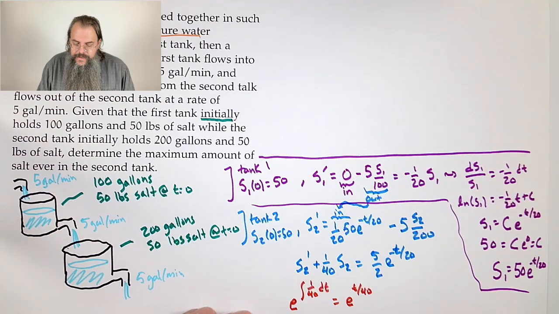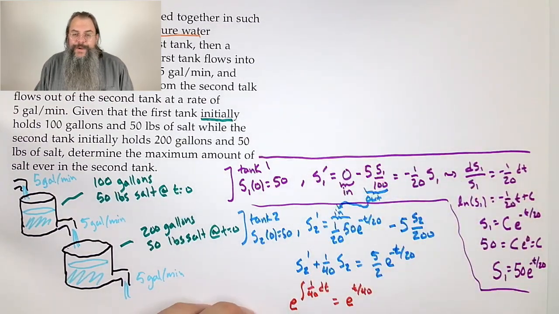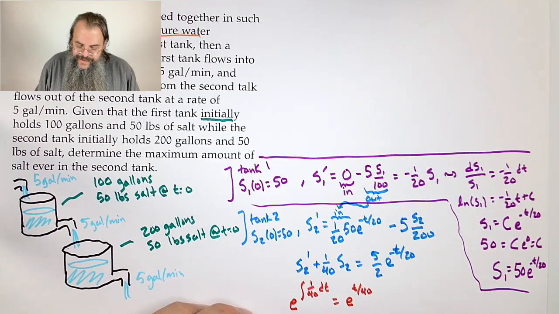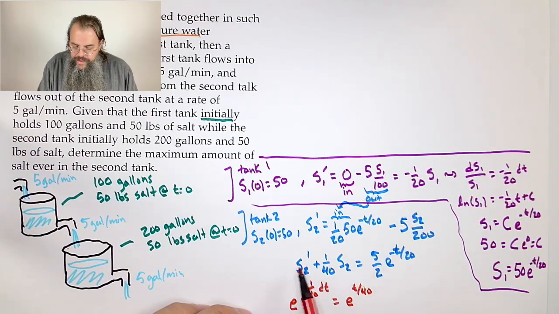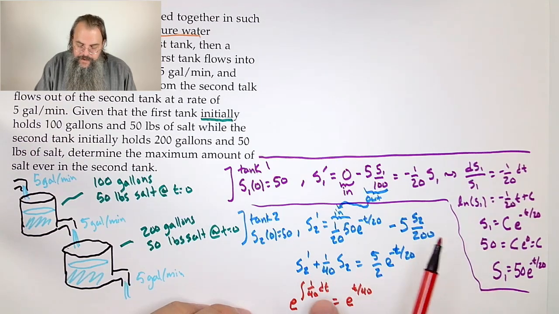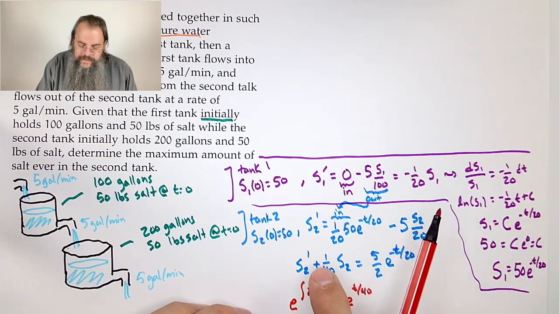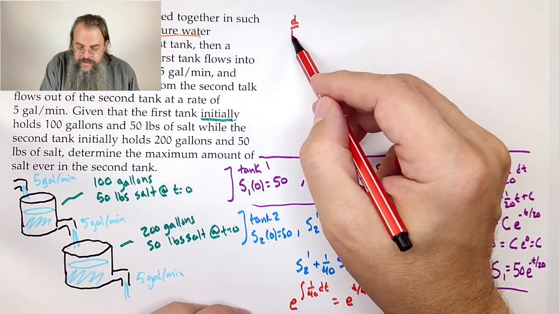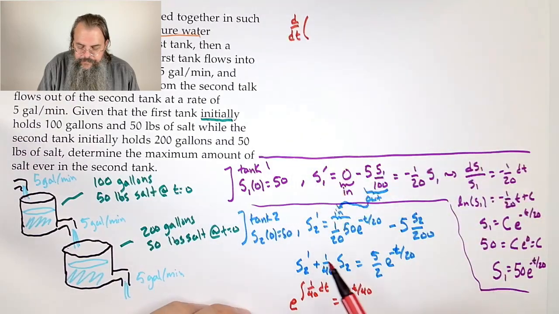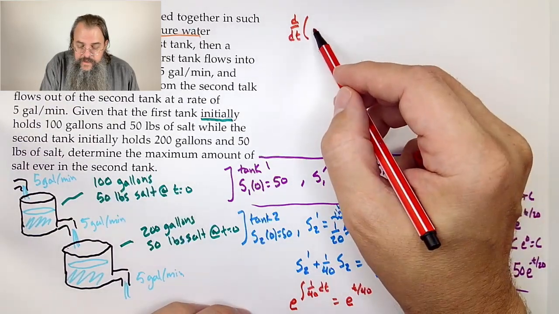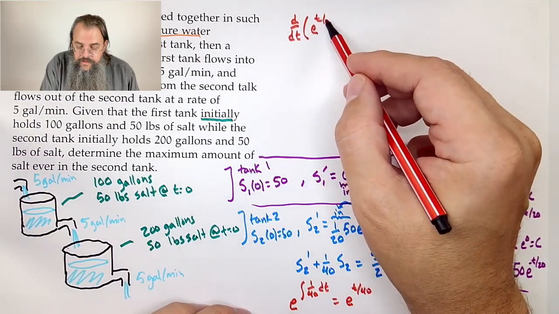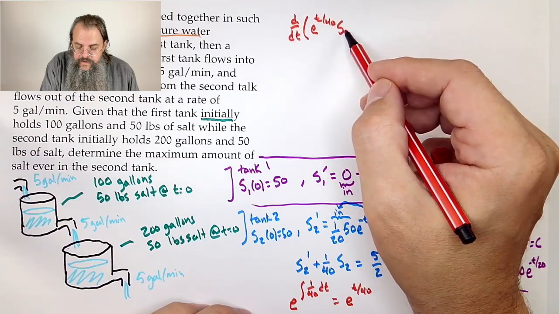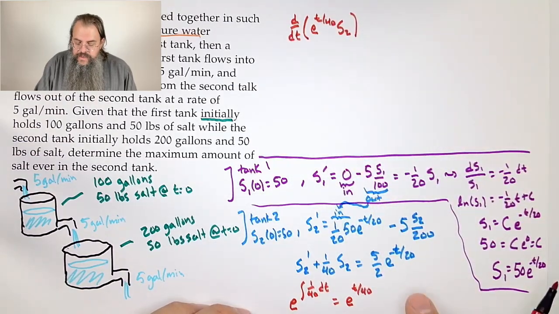All right, so we're running out of space. Time to move up. Okay, so we're going to multiply through, and I'll skip our intermediate step and say, if I multiply everything by e to the t over 40, this left-hand side becomes the derivative with respect to t of e to the t over 40 S2 equals,